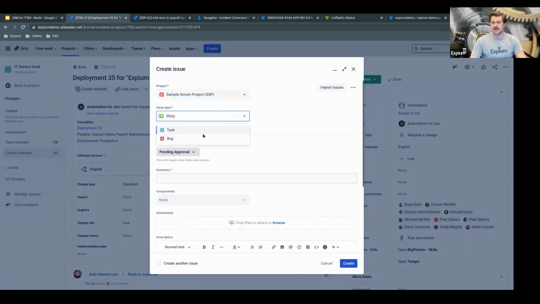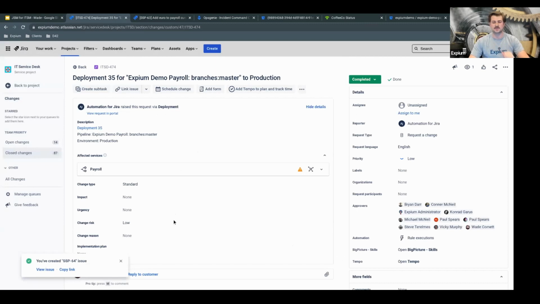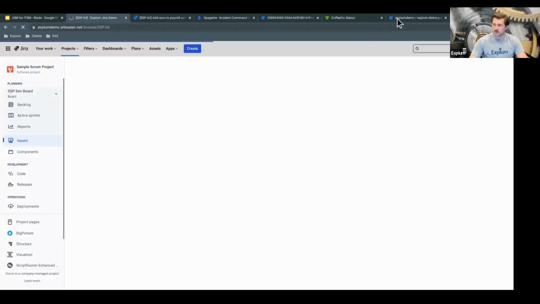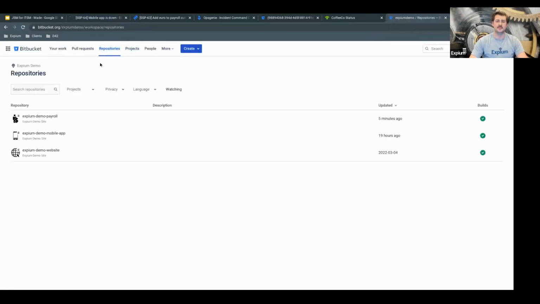We're going to pretend that I'm a developer and there is a bug in my mobile application. So I'll just say mobile app is down. And now it's my job to make some code change and resolve this bug. So if I jump back over to Bitbucket and I jump to the mobile application repository,